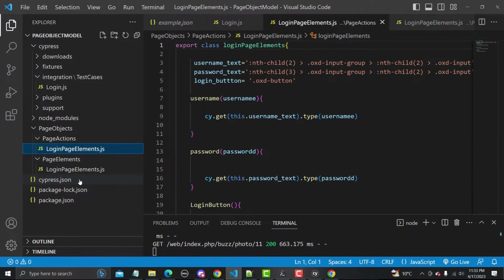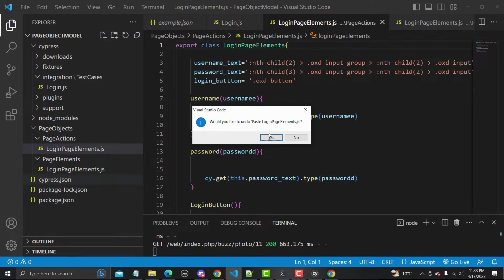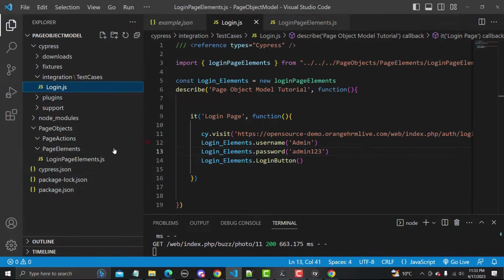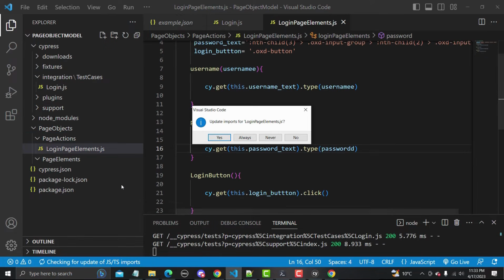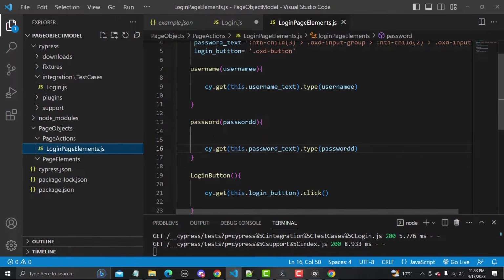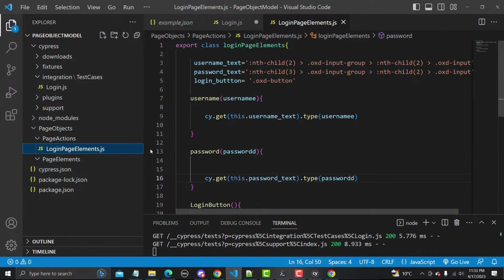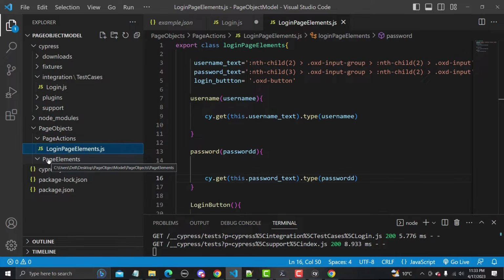Instead of copying and pasting, let's cut this file from here and paste it here, because it will ask for the update for the imports. So let me import this one here, and now let's create one file here.